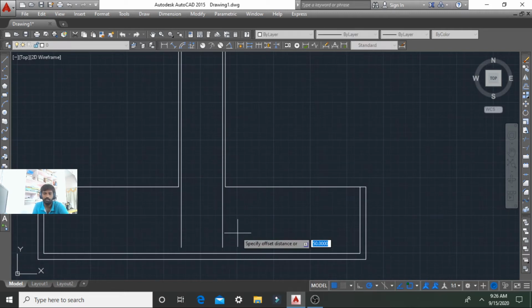After this, up to 752 mm, the bar will be bent up to here.